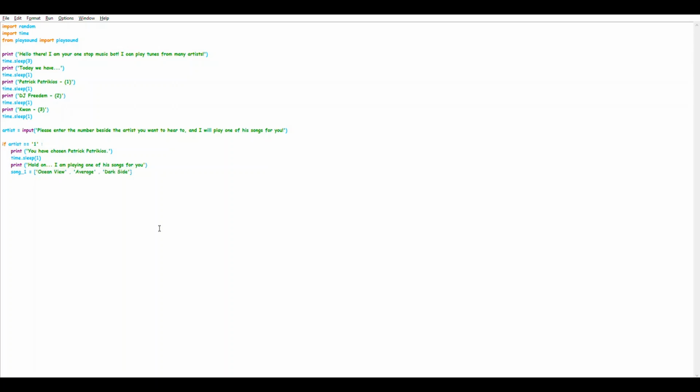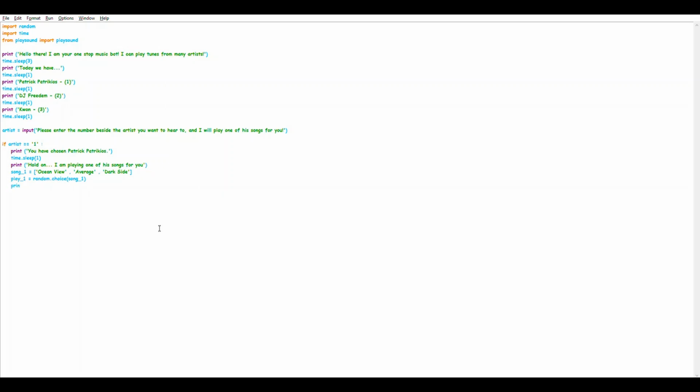A quick gray highlight should come, which shows you that you have put the same brackets. Now let's assign the song we have to play, so let's put play1 is equal to random.choice, and it will select one of these, so we have to put the name of the list, which is song1. Again close the brackets.